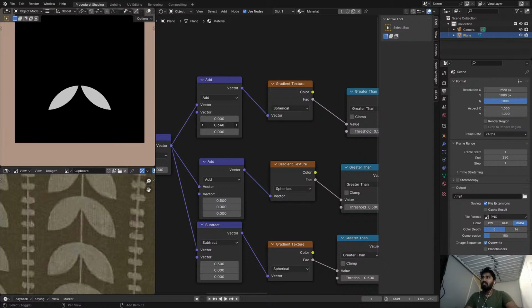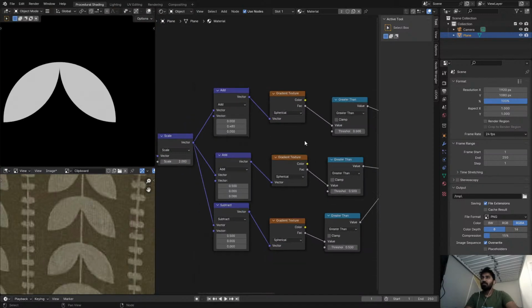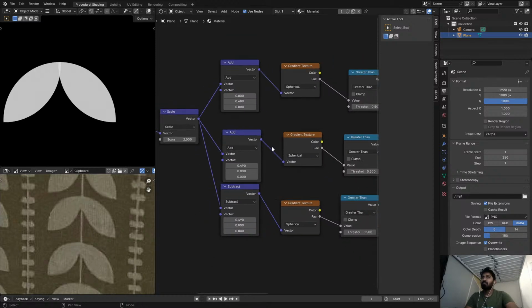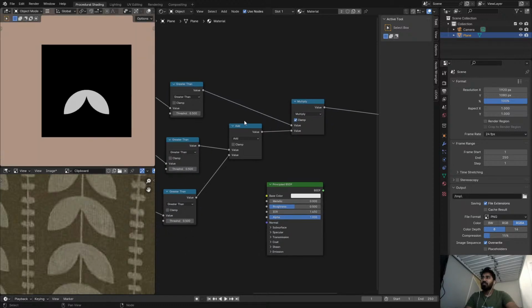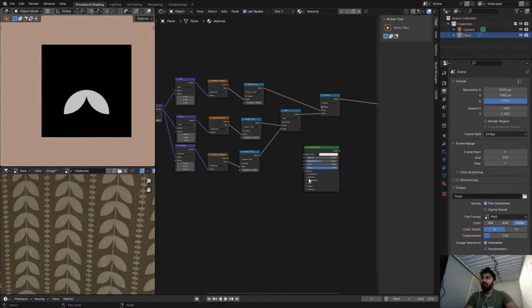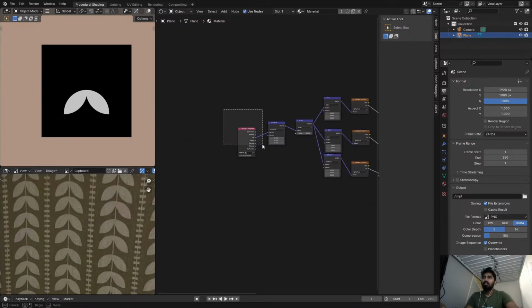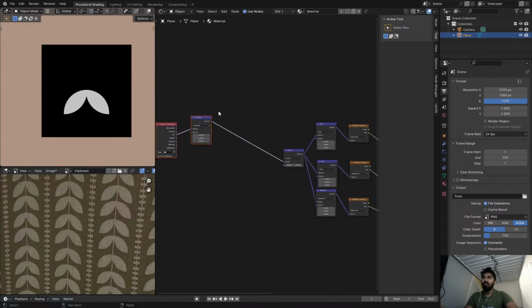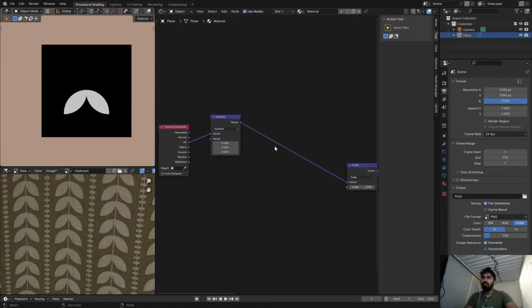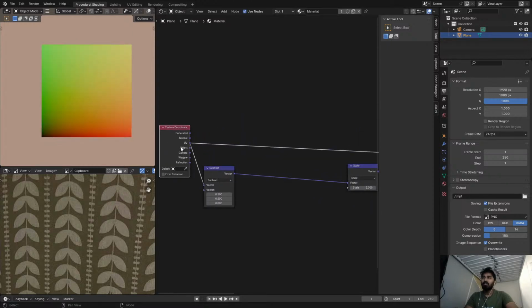Now I can simply raise this up just slightly. Yeah. And we can move them in. And we can clamp it. So we made this pattern, which is definitely useful. Now we need to tile them. The way I'm going to do that is basically creating that, but I want to quickly take the UV coordinates